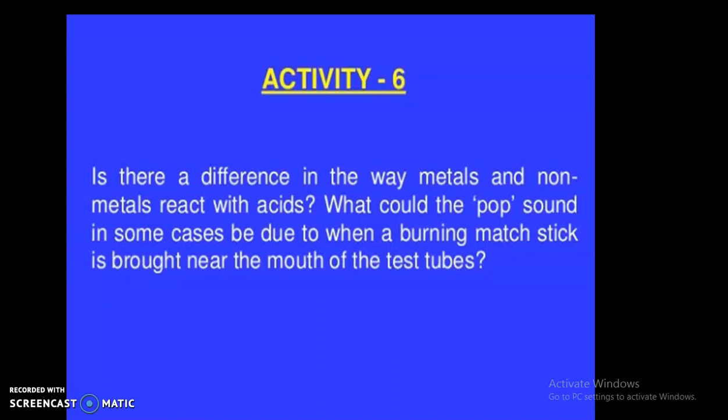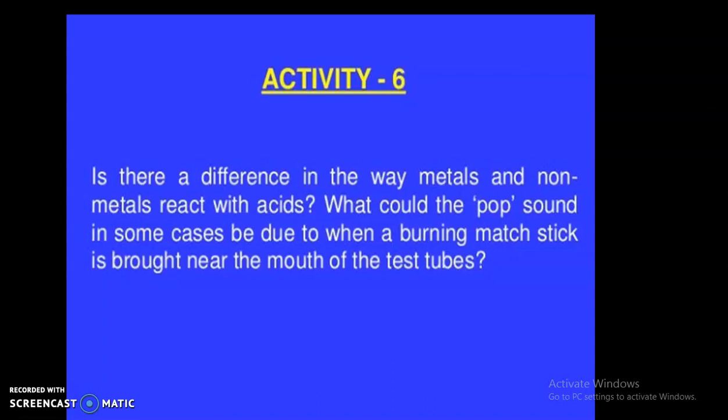Second, aluminium reacts with dilute hydrochloric acid and forms aluminium chloride, and hydrogen gas is released. Again the same thing is happening. In the third test tube, iron reacts slowly with dilute hydrochloric acid, forming iron chloride, and again hydrogen gas is released. For number 4 and 5, that is D and E, we used coal, which is a non-metal, and sulfur, also a non-metal. There is no reaction and no gas is evolved. Thus sulfur, whenever it is mixed with hydrochloric acid, shows no reaction. Coal, with hydrochloric acid or any acid, also shows no reaction.